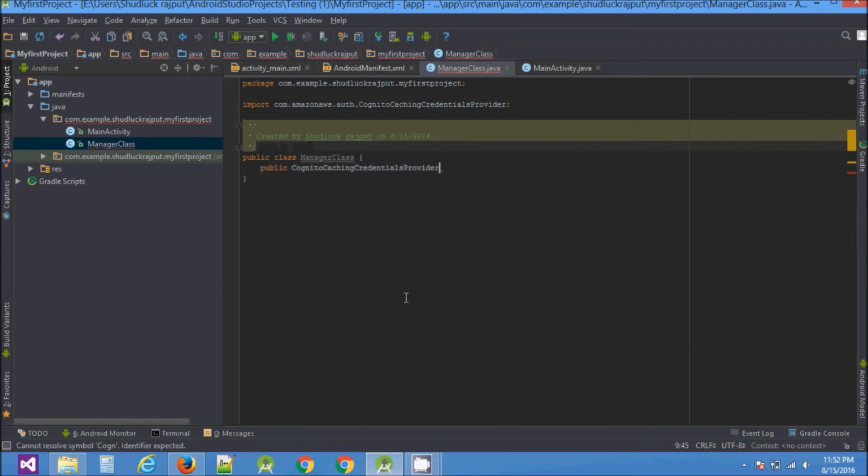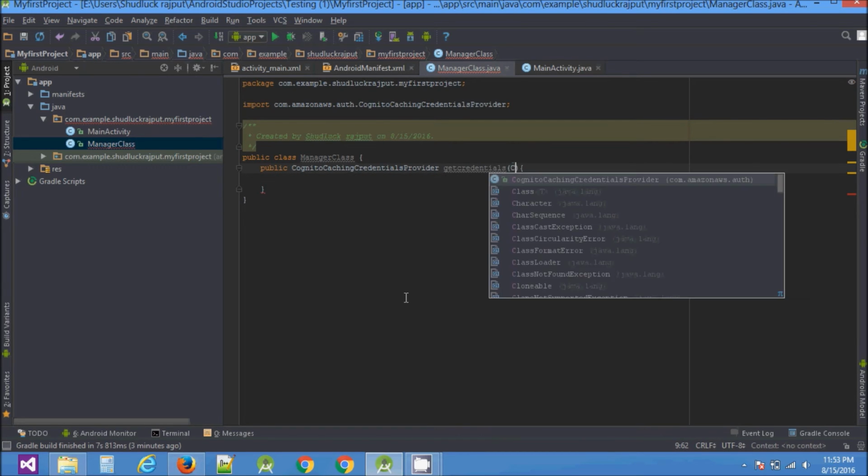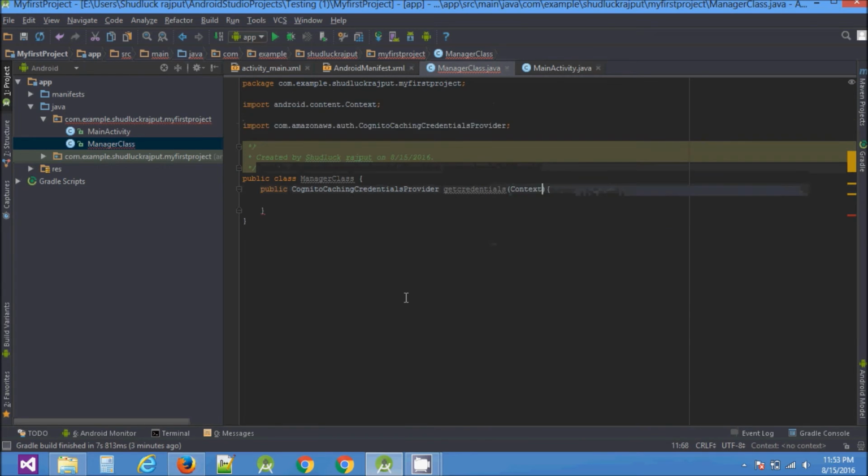It will return this Cognito caching credential provider. Let us say get credentials. Just for the present, take a context here. We will be needing it later in our tutorial.